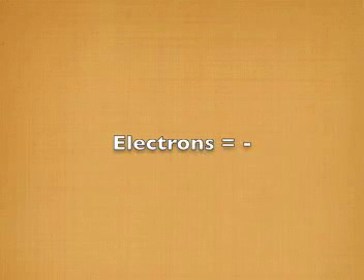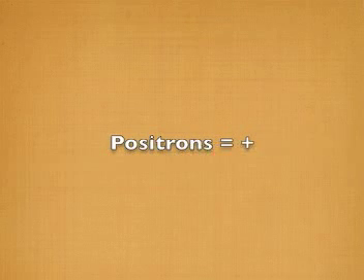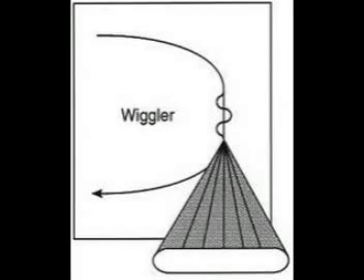Electrons have a negative charge, and there are positrons with a positive charge, so they react. The magnetic field acts upon them, so it wiggles them, basically. It's a wiggler. It comes in, and the magnetic field pulls it up and down. And as it does that, the X-rays come out of the wiggler at very, very high power. So you can get X-rays from these